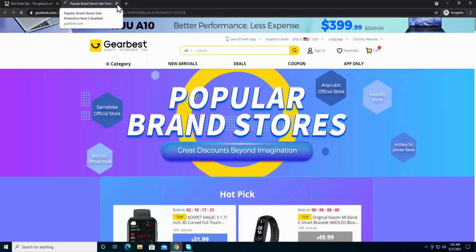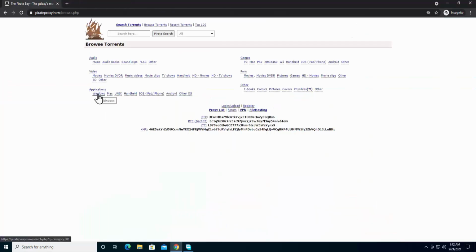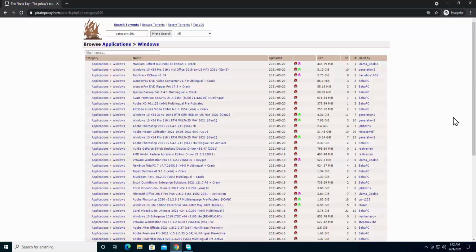It's going to redirect you to a different page, but simply close it. Again click on Windows. As you saw, I clicked twice to open the link, but it was redirecting me to a different page. That's a pop-up advertisement. That's why I clicked a third time to open the Windows application. From here you can select any of the options.